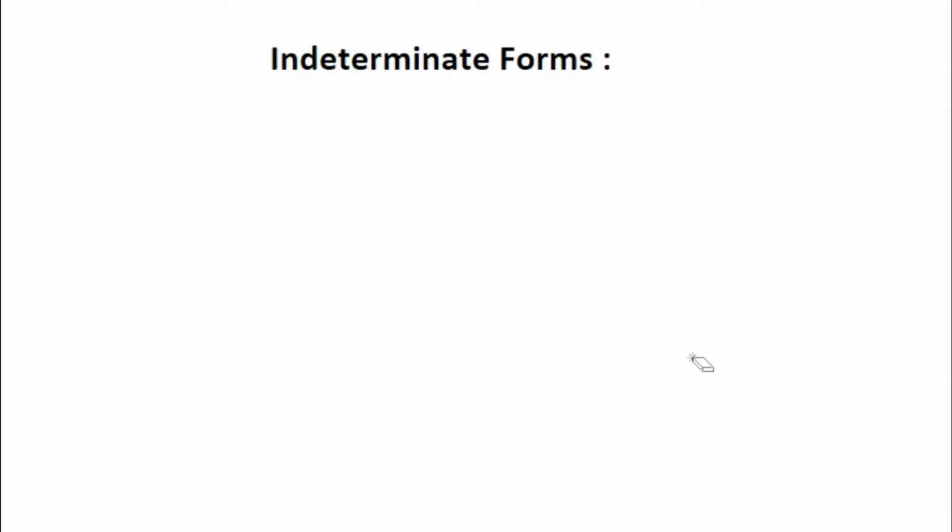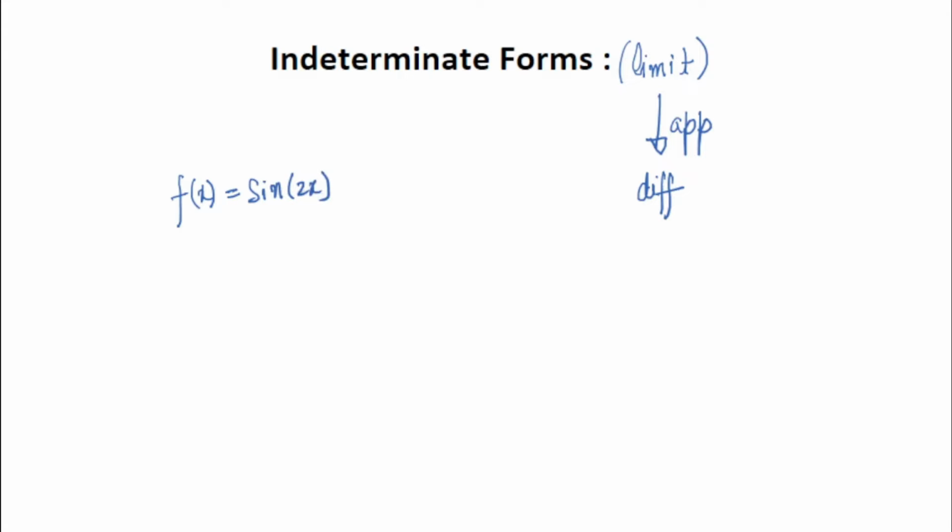One very common application of the limit is differentiation. For better understanding, let f(x) = sin 2x. So we know that f'(0) is equal to, according to the definition of differentiation,